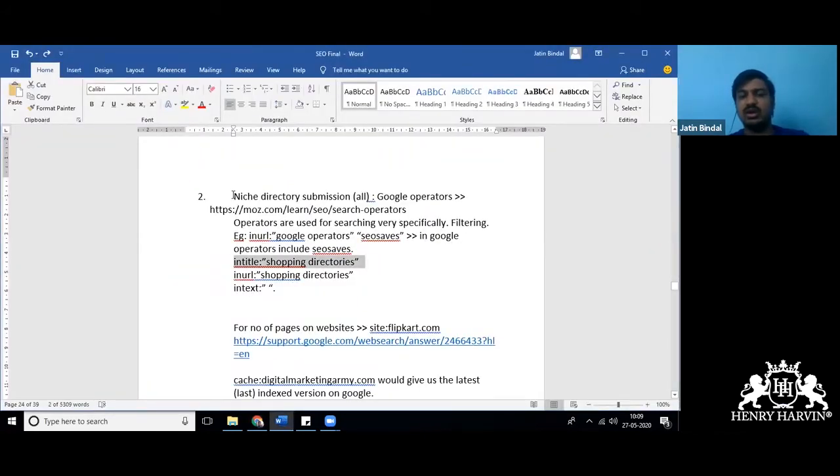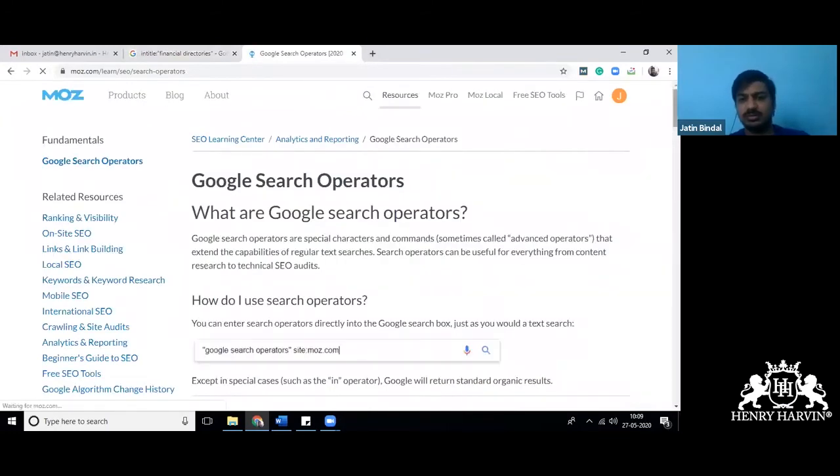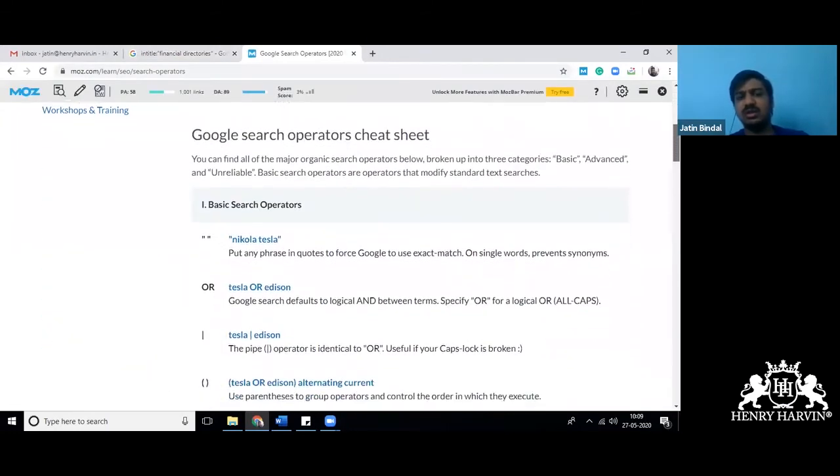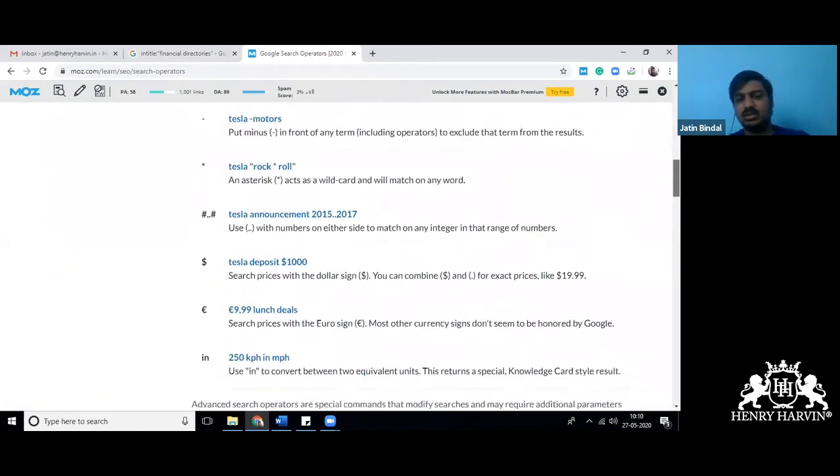Now, if you remember, I talked about getting a backlink from relevant content. Relevant content means relevant directories in the case of directory submission. Not only in title, you can use it in URL, in text. And for other operators, if you want to learn about Google search operators, then you can refer to this Moz article, which talks about everything in detail, like what these double quotes or standing lines mean.